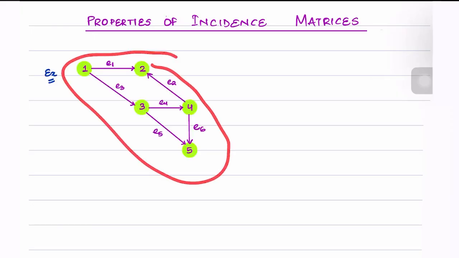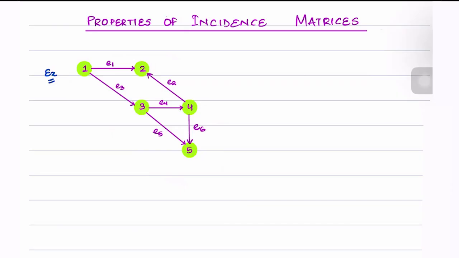Let us look at the digraph that is shown in this figure. This is the same digraph that we looked at in the previous lecture. Let's quickly write up some of the straightforward things that we can see from this digraph. The number of nodes here is equal to 5, and the number of edges is equal to 6. Hence, the incidence matrix will have a dimension of 5 cross 6. So let's write up the incidence matrix now.